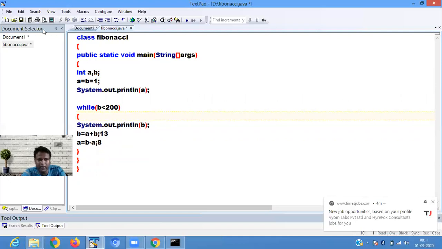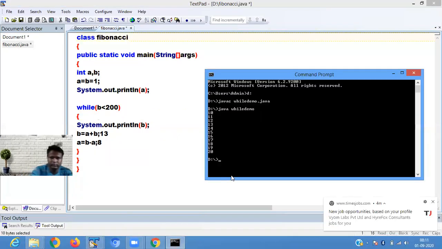When I run this file, it is printing values less than 200.